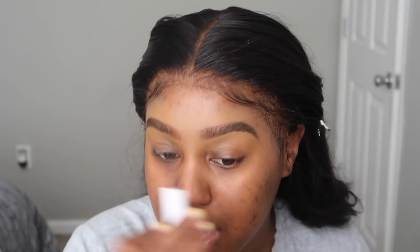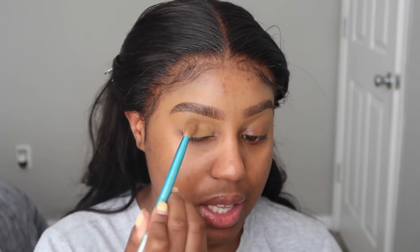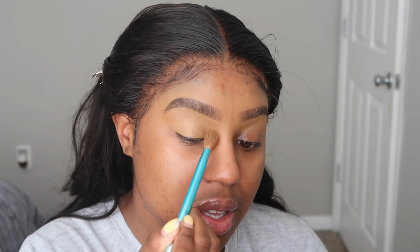I'm adding some clear brow gel. This is from CoverGirl. I love this stuff. I'm gonna take, why do I keep putting my brushes away? So I'm gonna take the rest of the concealer that's on the back of my hand, and I'm gonna apply that all over my eyelids just so that I have a blank canvas to work with, and so that my